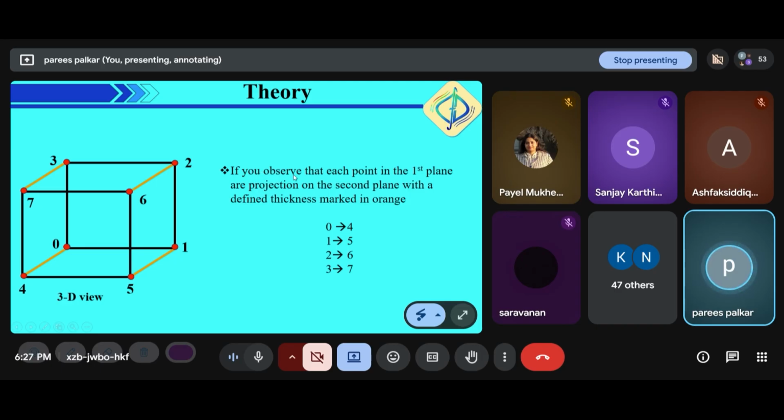Okay, if you observe here, each point on the first plane is the projection on the second plane with a defined thickness, that is marked in orange. Thickness, you can take it accordingly. It is not a constraint that we want a thickness of this particular size. So thickness is up to us. So if you see, the projection of 0 is done on 4, the projection of 1 is done on point 5, the projection of 2 is done on point 6, and the projection of 3 is done on point 7. So this is the analogy behind naming the vertices. Okay,